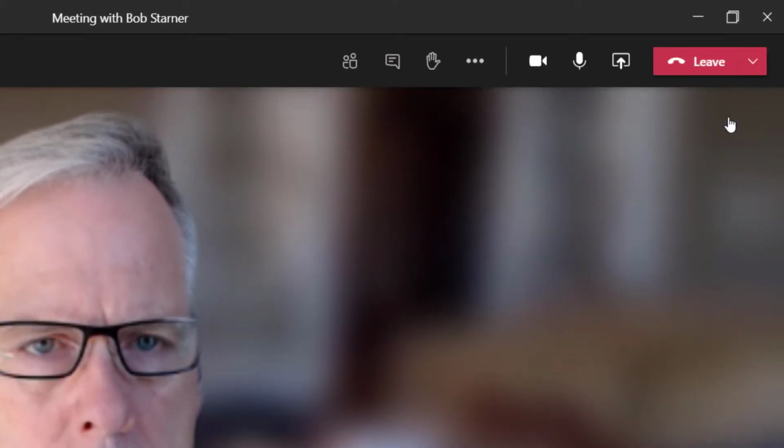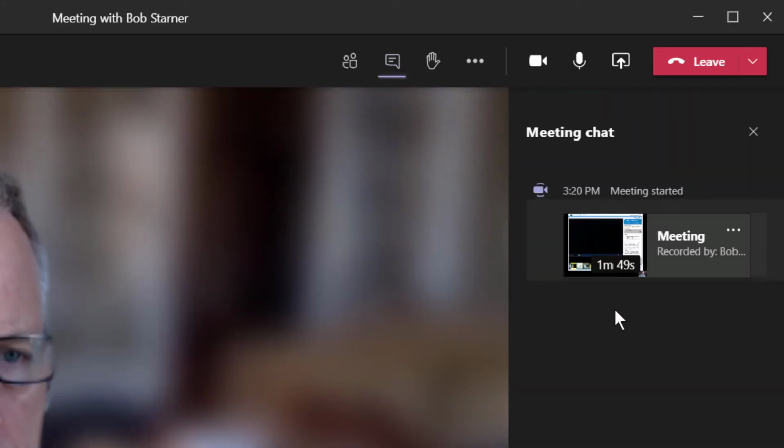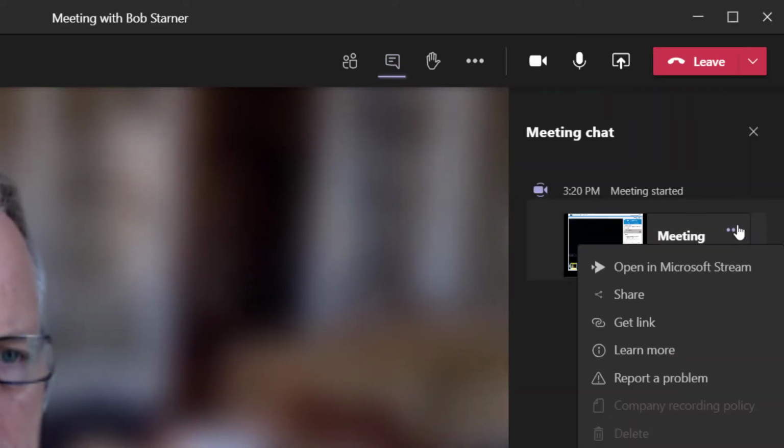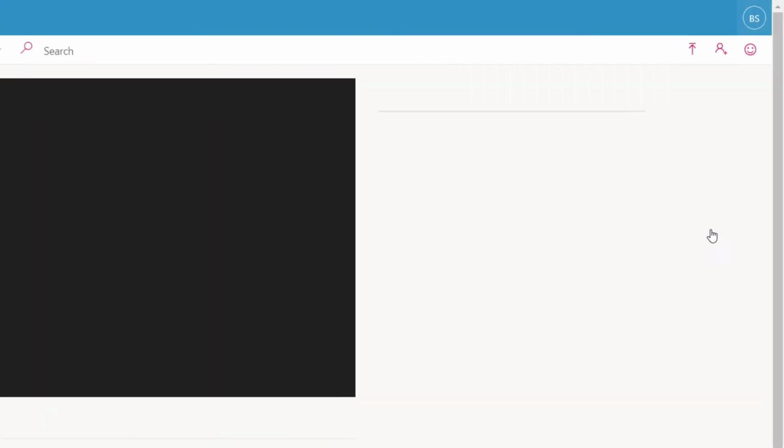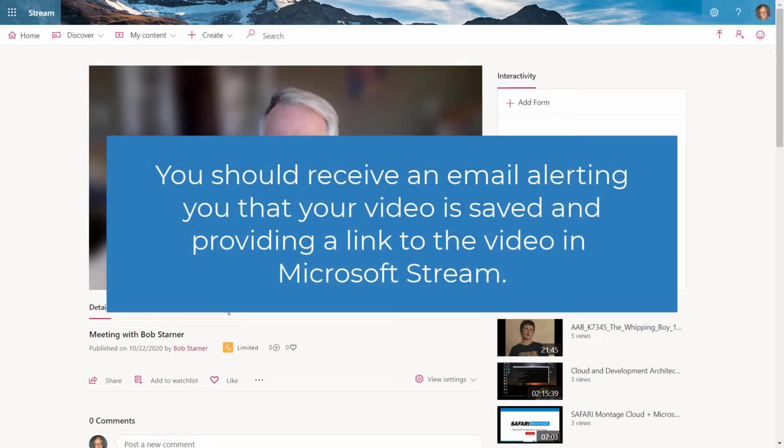Once the recording is saved, you can access it by going into your chat history and opening the More Options menu. Select Open in Microsoft Stream. This will open your video in a separate browser where you can view, edit, share, or download the video. You should also receive an email alerting you that your video is saved and providing the link to the video